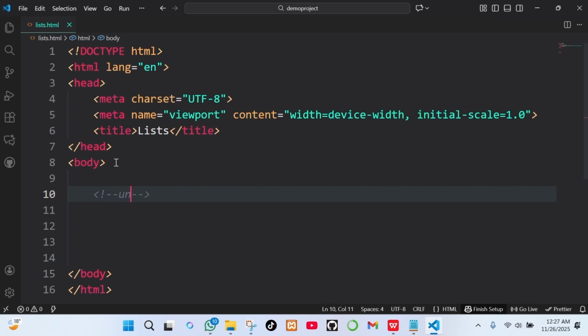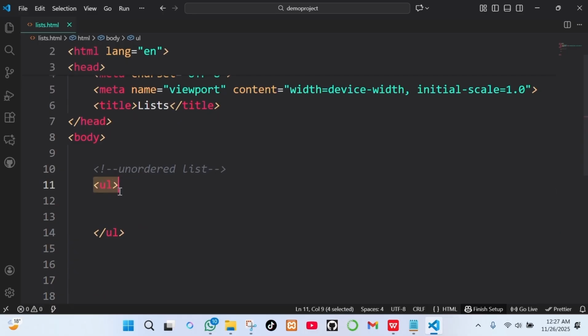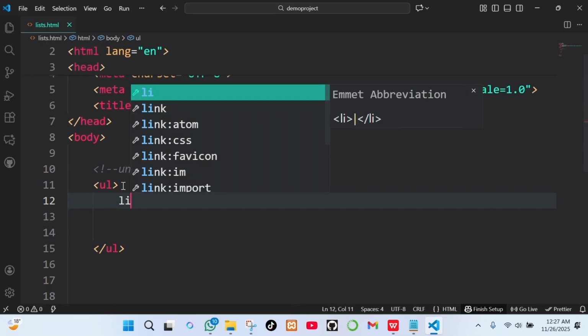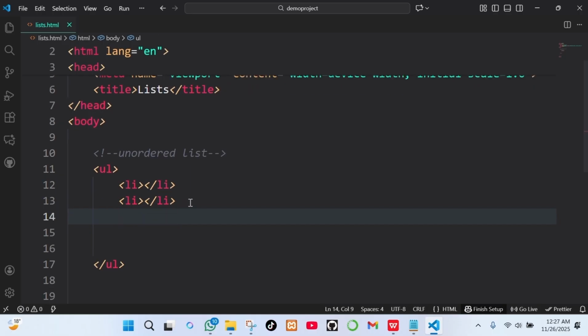So this is an unordered list. We do like this, we write unordered list, UL. This is the starting tag and this is the closing tag of the unordered list. Inside the unordered list we have list item, LI. So this is one item. You can copy this. You can also press Alt Control and down arrow key, or you just copy this one, Control C and Control V, and then Control V,